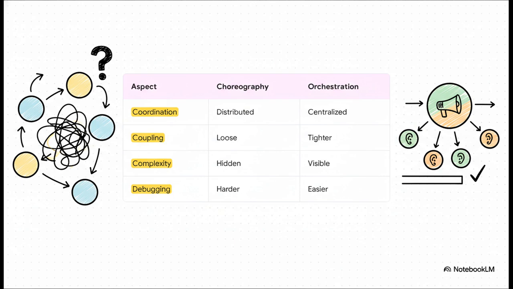Now there are 2 main ways to build a Saga. With Choreography, each service just listens to events and knows what to do next, like dancers in a performance. It's very decentralized and super loosely coupled, but trying to debug it can be a nightmare because the logic is spread out everywhere. The other way is orchestration. Here, you have a central coordinator, a conductor, that tells each service what to do. It's way easier to follow the logic, but you've created a central point of control. Choosing between them is a classic architect's trade-off.